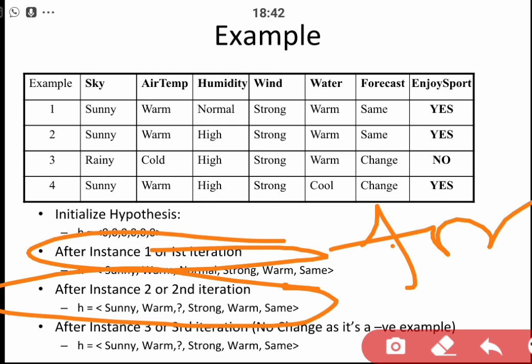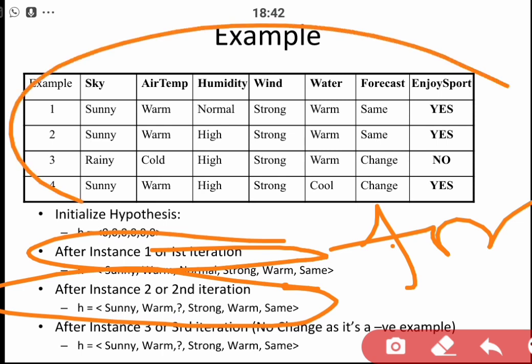For representing your hypothesis, you could go with any sequence data type possible. It could be a list, an array, or a set, whichever suits you. At the end you should output the maximally specific hypothesis as the result. You could use the same data set for implementing the Find-S algorithm.